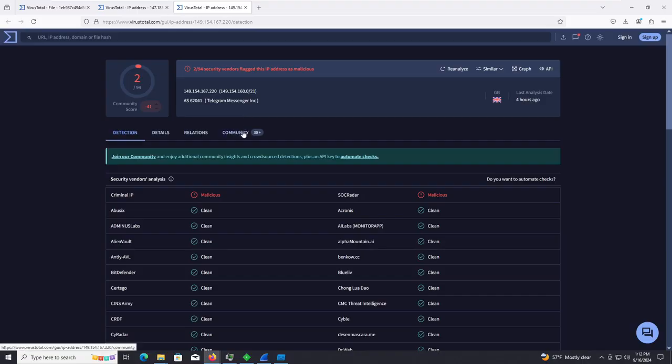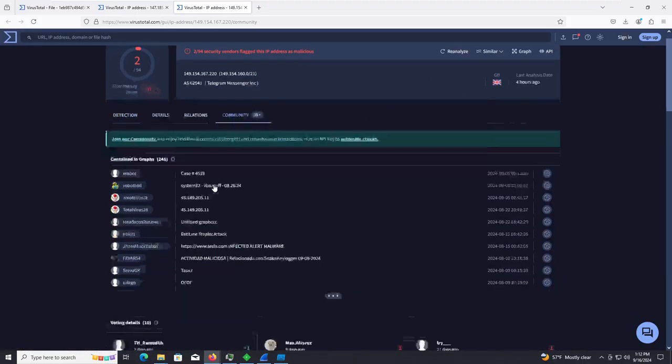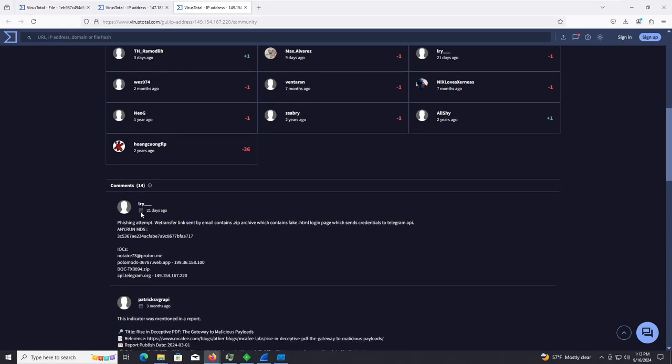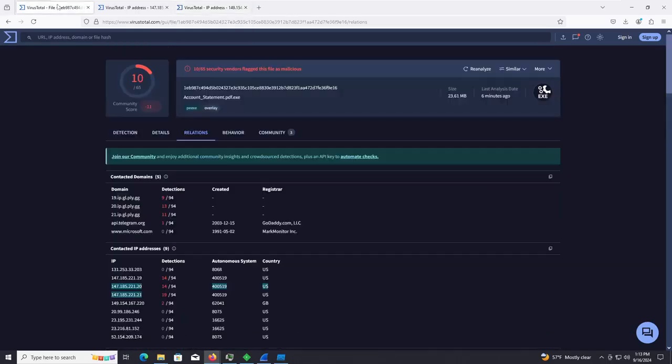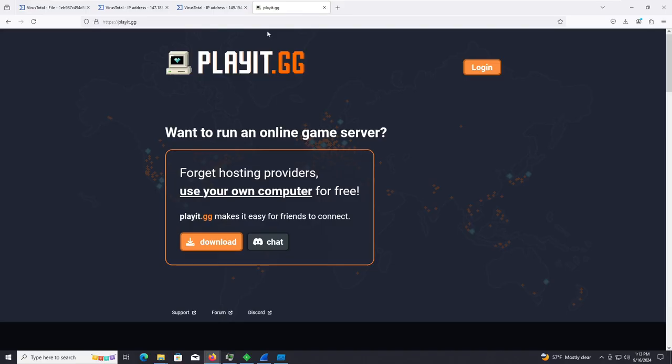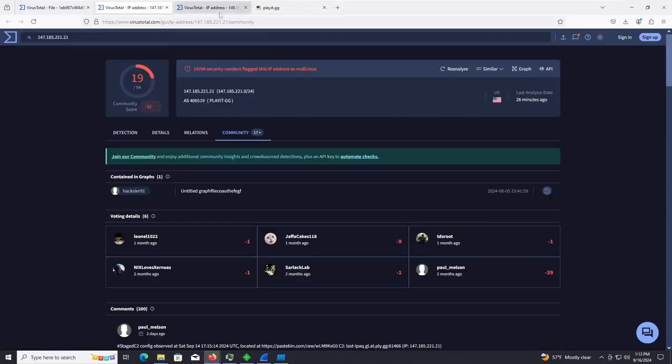Won't happen again. And then this was last analyzed 4 hours ago for Telegram Messenger. Phishing attempt. WeTransfer link sent by email contains a .zip archive, which contains a fake HTML login page, which sends credentials to Telegram API. Interesting. Very interesting indeed. So we're gonna go to that website, right? And we're going to... That took longer than usual. We're going to run this actual